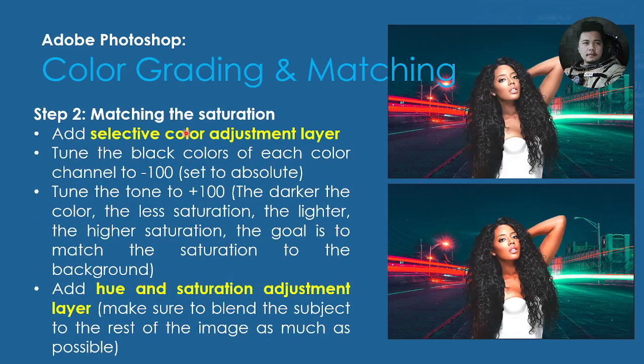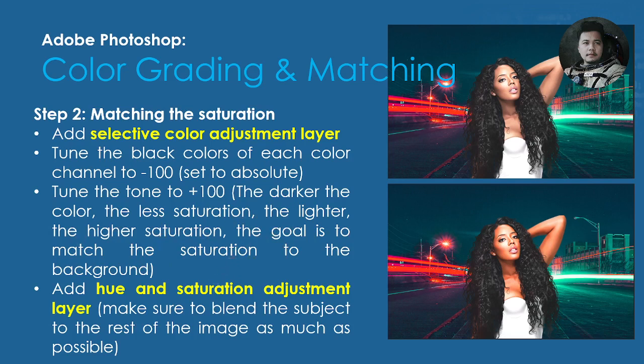All right, so second step is to match the saturation. So add selective color adjustment layer, and then tune the black colors of each color channel to negative 100, and then make sure to set it to absolute. Tune the tone to 100. The darker the color, the less saturation. The lighter and higher, the higher saturation. The goal is to match the saturation to the